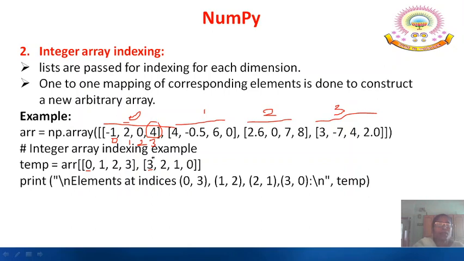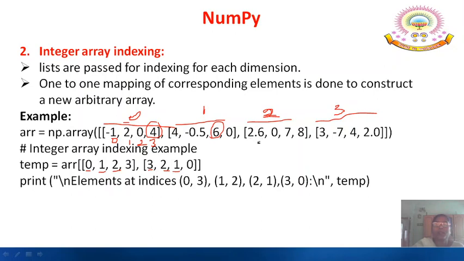Similarly, I want to access first row, second column. So this is the first row, and the second column is 0, 1, 2. This one I want to access, and then I want to access second row, first element. So this is our second row, and in this second row we want to access the first element.